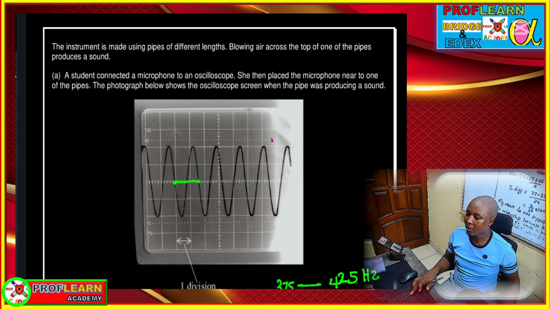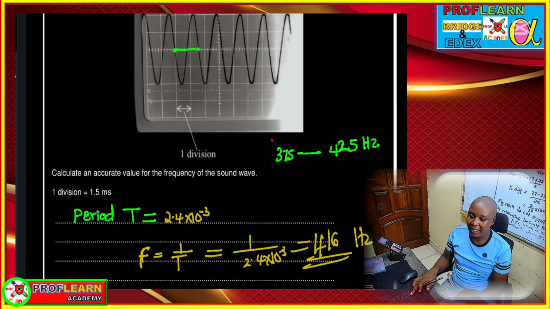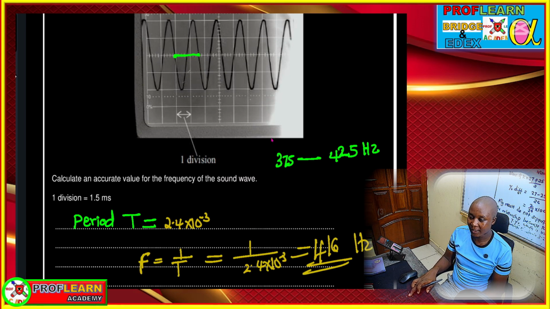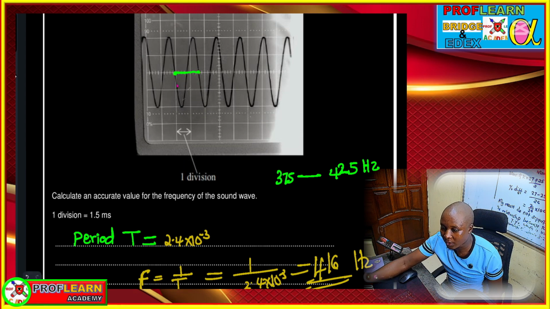then placed the microphone near to one of the pipes, and the photograph below shows the oscilloscope screen where the pipe was producing a sound. Then calculate an accurate value of the frequency of the sound, and you are told that 1 division is equal to 1.2 milliseconds. So the point is, you are supposed to check what is